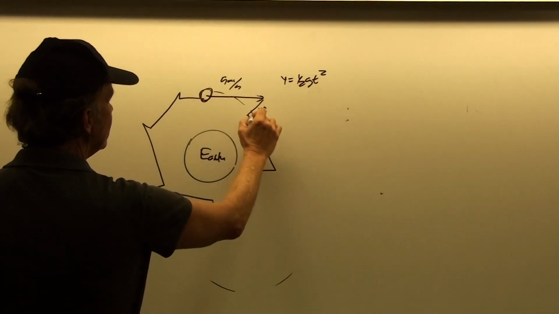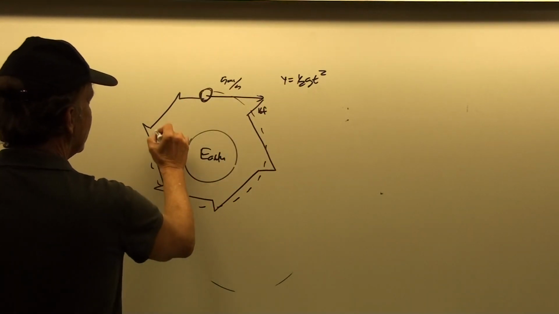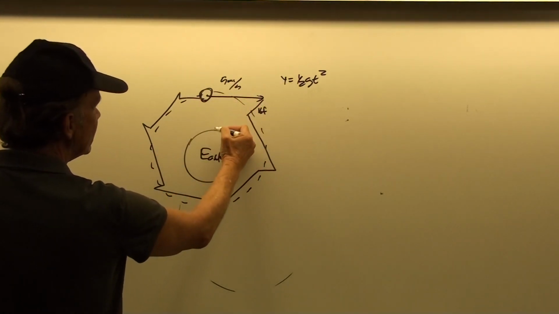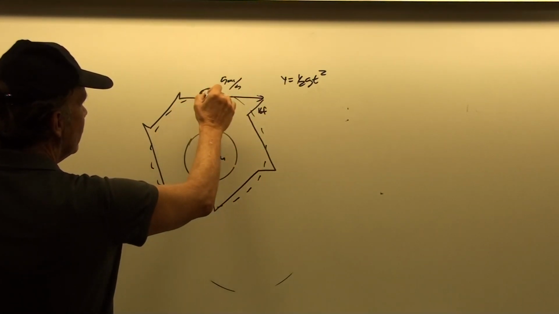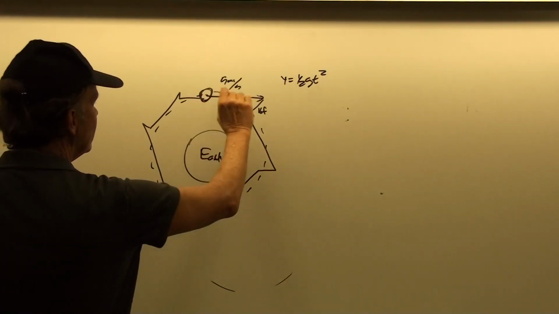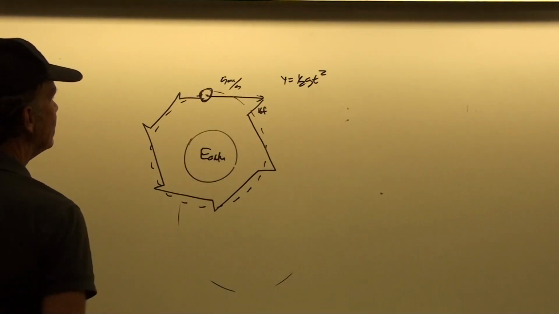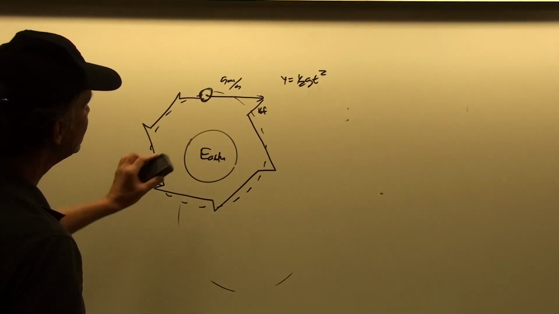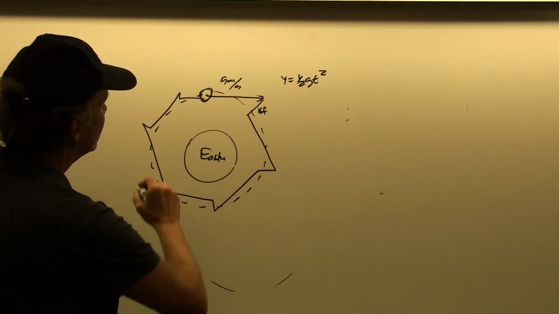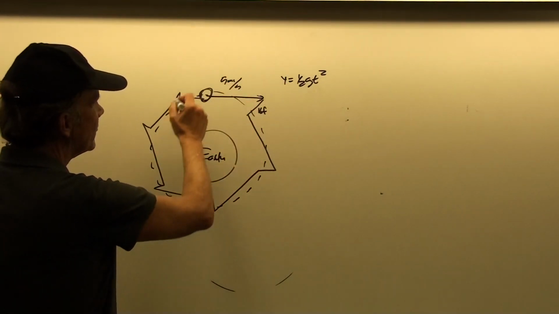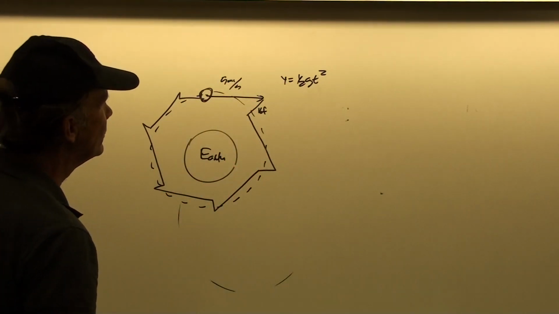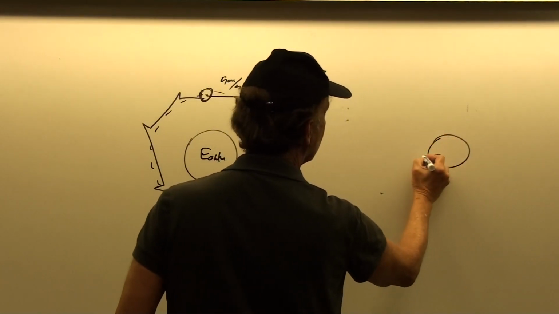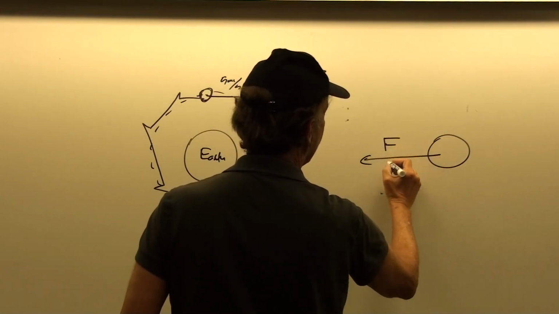And in 90 minutes, that's about how long it would take for this object, if it were close to the surface of the Earth, to go all the way around and come back to its starting point. You threw it from there, then at that point you'd have to duck because it could hit you in the back of the head. Okay, so that's why we say that this orbital motion is uniform circular motion with a centripetal force that is the gravitational force. And it's a balance between inertia and gravity.